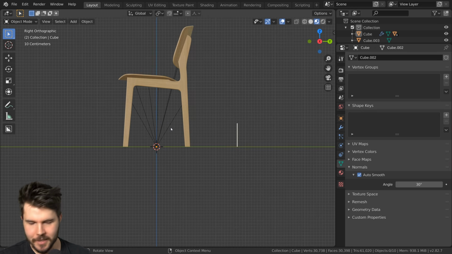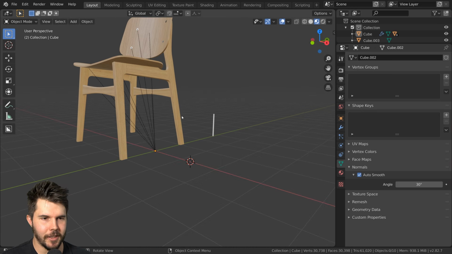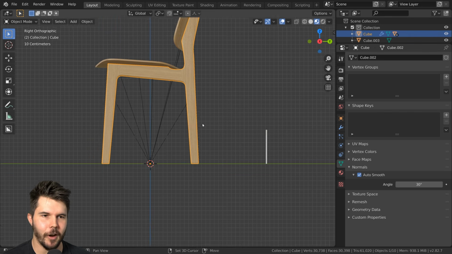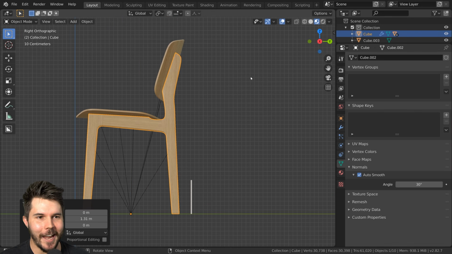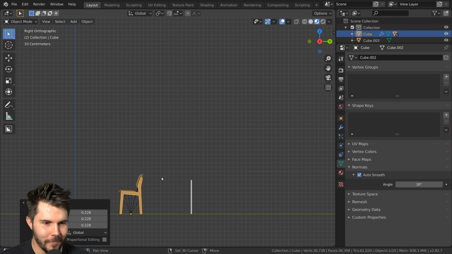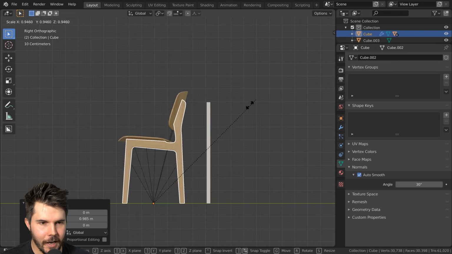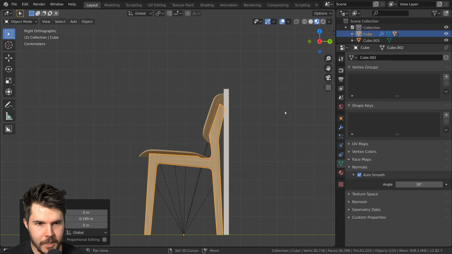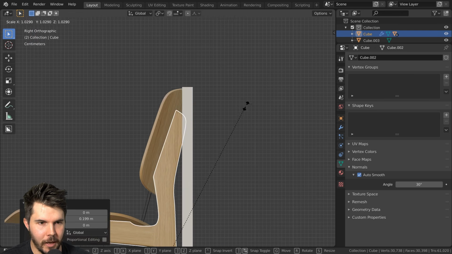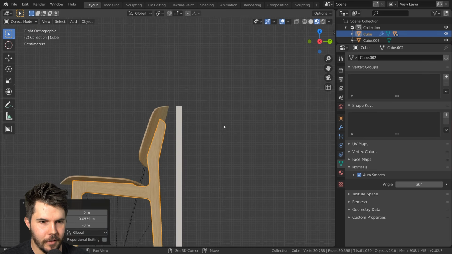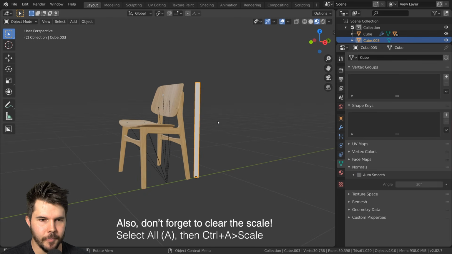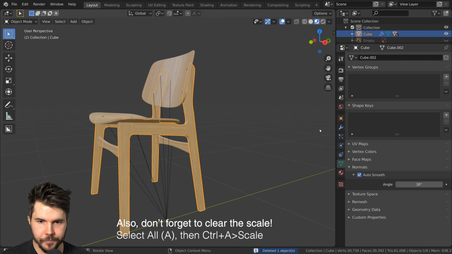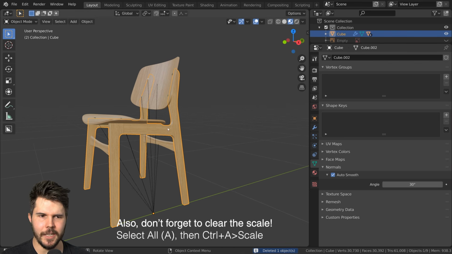So yeah, it does actually kind of help to have it there. Yeah, I convinced myself. All right, so now to scale everything down to that, I just take my chair and scale this down until it's somewhere in the vicinity of my little ruler here. And that's that. Ta-da! So I can remove my ruler. And now the final thing really is